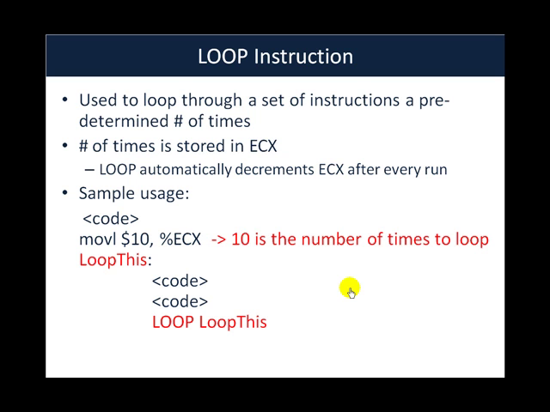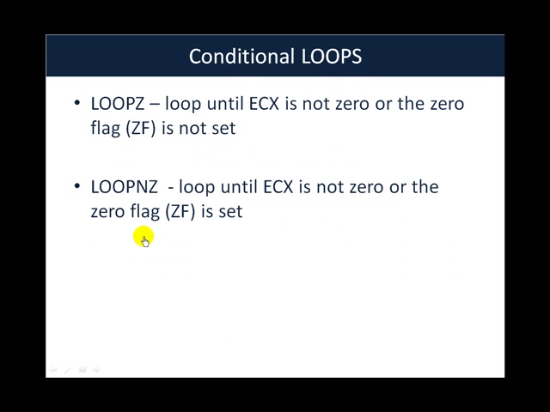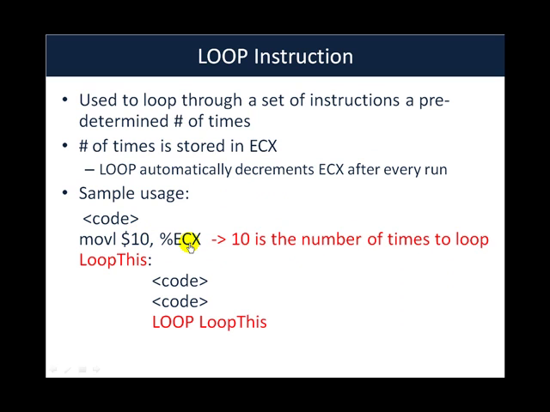is load the value 10 into the ECX register. Now, the loop instruction is strongly coupled with the ECX register. In the sense, the loop instruction automatically decrements the value of ECX after completing every individual loop. Now, because of this, the number of times we want that set of instructions to be executed is stored within ECX. So a sample usage could be that you load the number 10 into the ECX register,